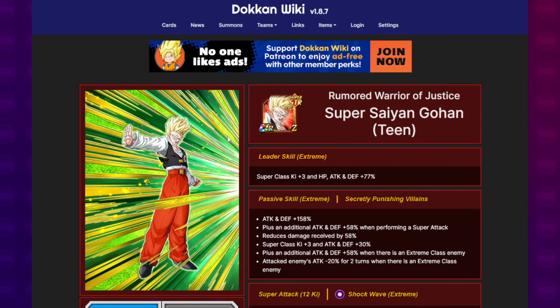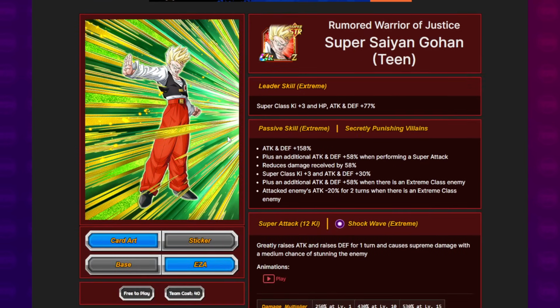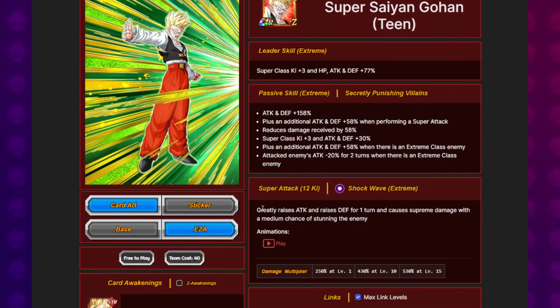In my opinion, I think that this character is the better EZA, just because of how much more applicable he is to other teams, but a lot of people would argue that the Mr. Buu is. So this guy, the high school Super Saiyan Teen Gohan, superclass key +3, 77%, greatly raises attack and raises defense for 1 turn, no perma, so both are temporary,